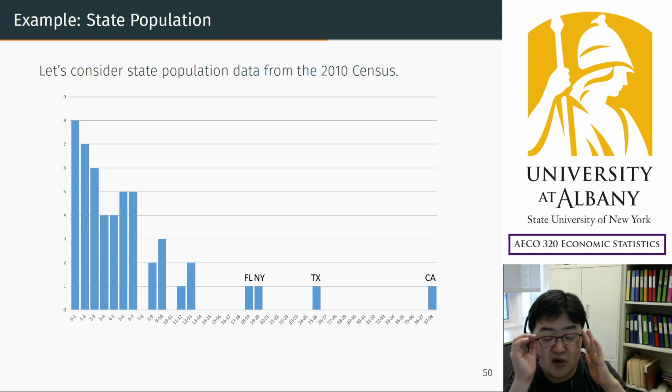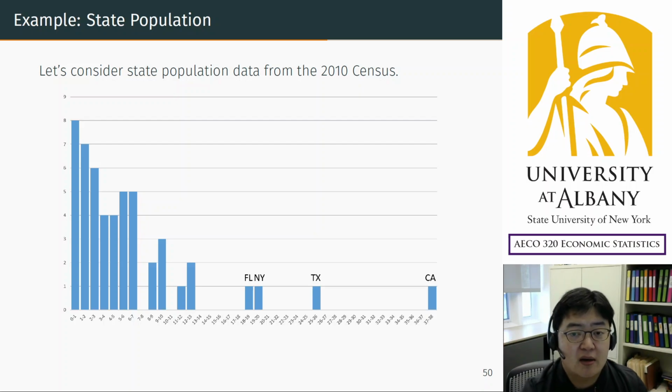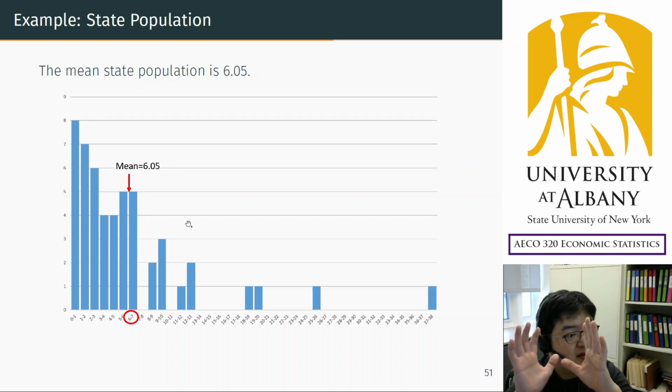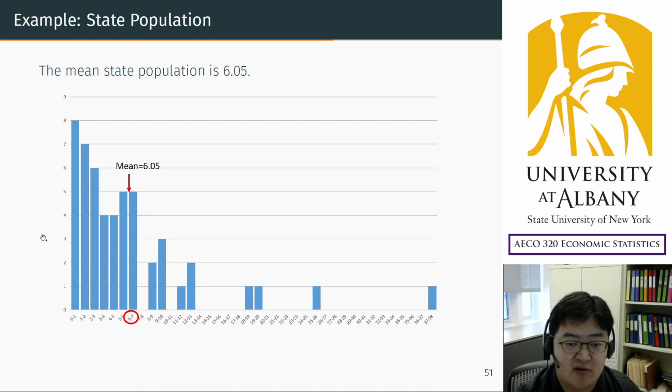So the histogram is here, and we are calculating the average. We calculate the mean, and the mean is here. Of course, the mean is calculated from the underlying data, not from the histogram. So the mean is near 6 million, right? 6 million is here. And then we have a strange